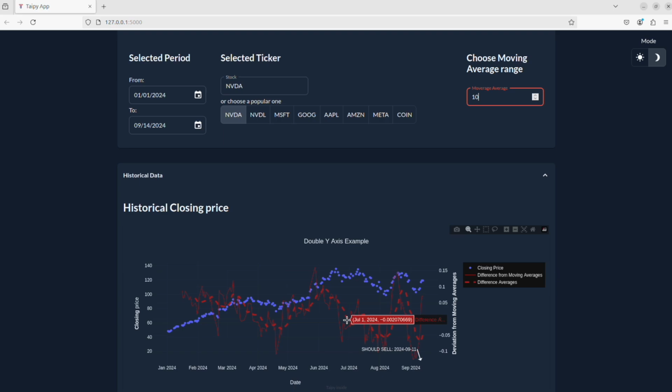But one standard deviation, I think, would be helpful to add here. So I'm going to add just a one standard deviation along this